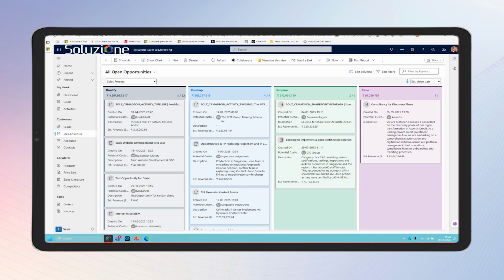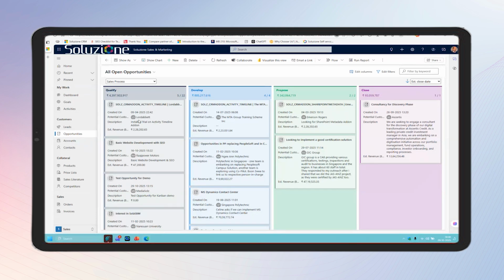That is, I can see that there are 4 stages of actually working a record within the opportunity entity. So first I will qualify the record, then I will develop that particular opportunity, then I will maybe make a proposal, and finally a record moves to a close stage where we are actually either winning or losing. If you see,